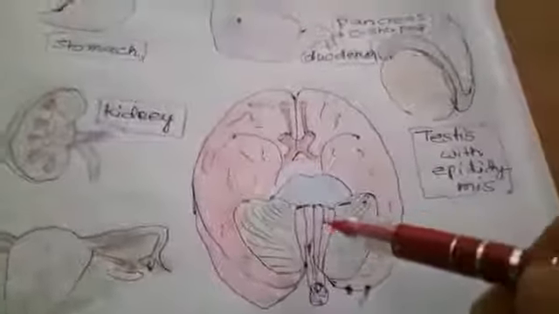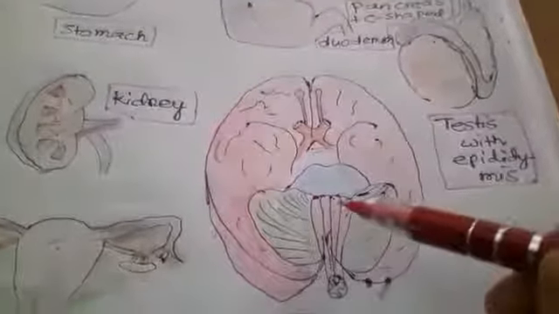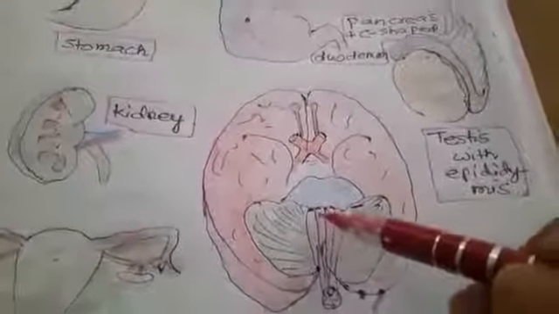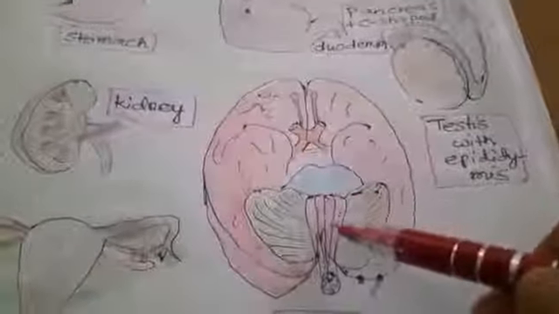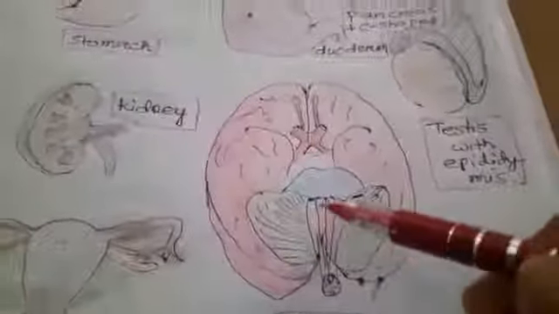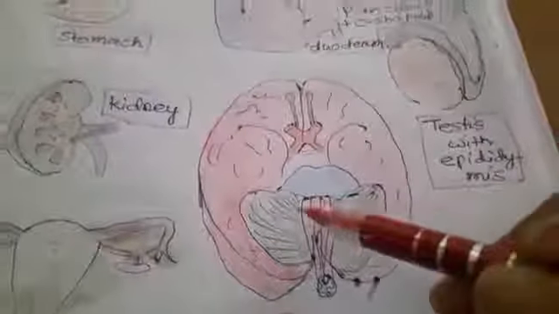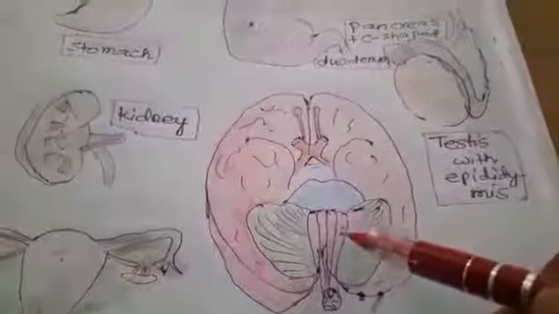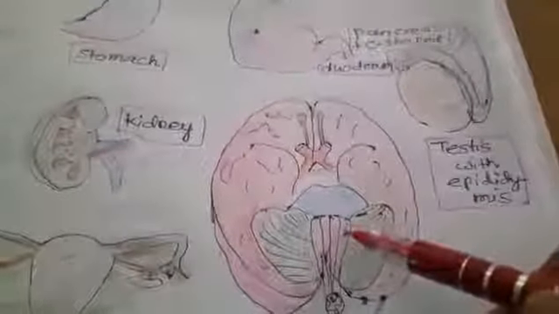Okay, and another one is this one, the pyramid. Pyramid is formed by the corticospinal fibers beneath. Okay, or you can say pyramidal tract. The name itself says pyramid. Okay, and this structure, this swelling, is olive. And what forms olive? So the inferior olivary nucleus lies within it, just beneath it. Inferior olivary nucleus.